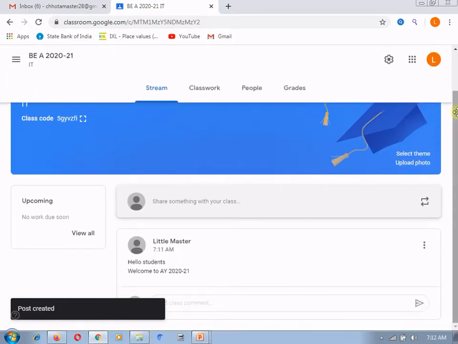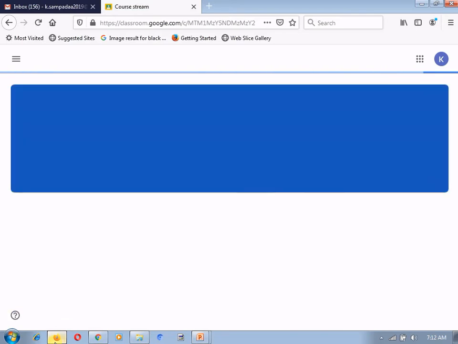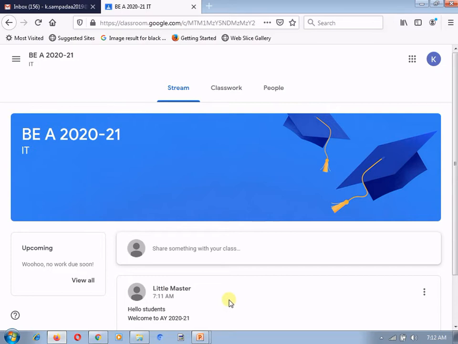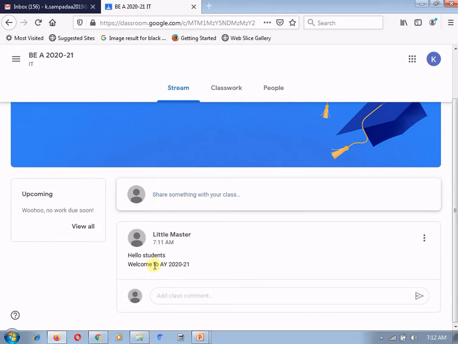Now you can see the same thing on the student's account. Here is my other account, where I am playing the role of a student. I am refreshing the page, and you can see the post announced by the teacher: "Hello students, welcome to year 2021."